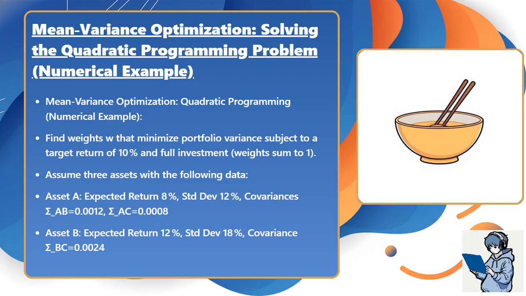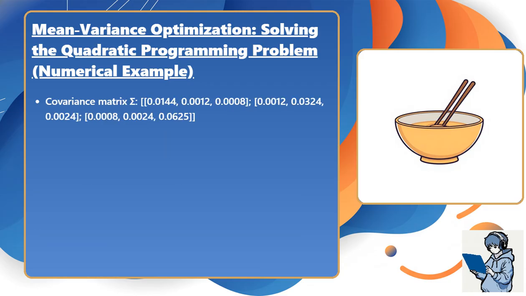Asset B: expected return 12%, standard deviation 18%, covariance sigma sub BC equals 0.0024. Asset C: expected return 15%, standard deviation 25%. Covariance matrix sigma equals a 3 by 3 matrix with entries: first row 0.0144, 0.0012, 0.0008. Second row 0.0012, 0.032, 0.0024. Third row 0.0008, 0.002,